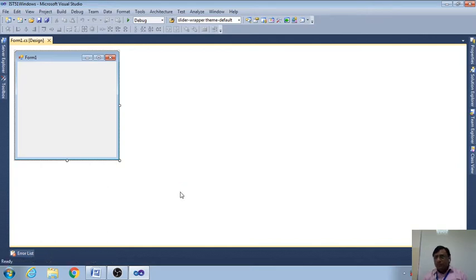In the Windows application, as I told you some time before, we have a graphical user interface. It means the user can interact. So this is the page, or this is the form.